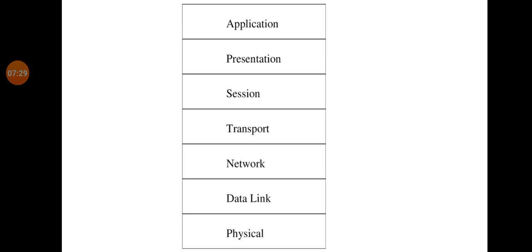Now come to the next layer, that is the network layer. Here the network layer acts as a network controller. Why? Because the network layer itself decides which route data should take.